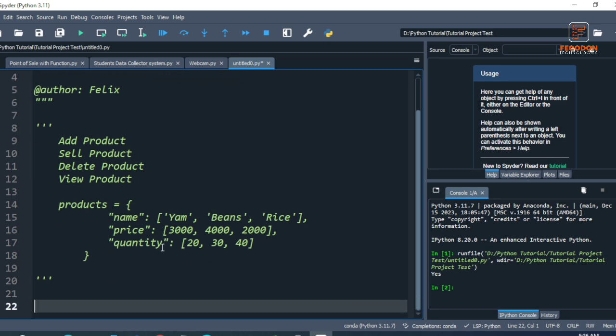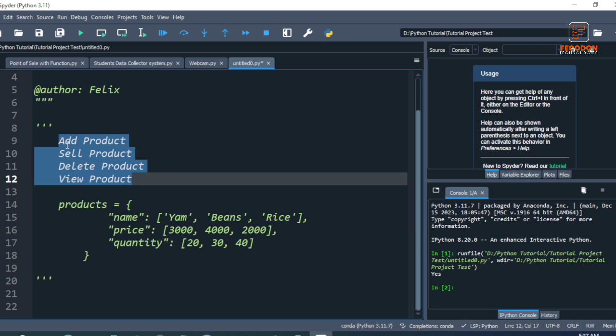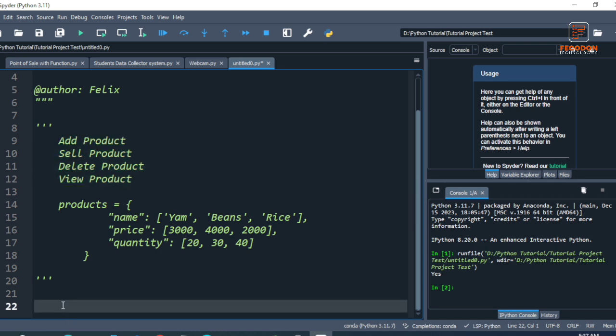So we'll be creating a function. We'll be calling it prompt. In each iteration that will be executed, we should have the options of what our store is doing, so you can select what you want. Let's see how it will look. The function will look like this: define prompt,